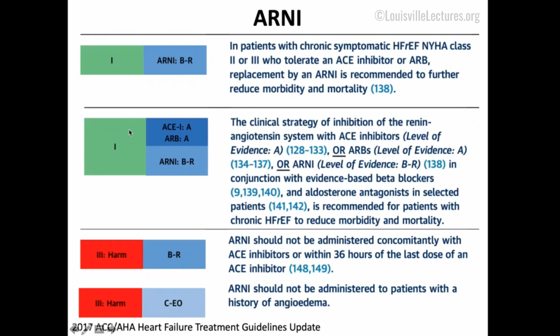The next recommendation, which again gets a class 1 level of evidence, A for ACEs and B for ARNI, is that they should be on at least something to inhibit the renin-angiotensin system. ACE inhibitors or ARBs or the ARNI. This is in conjunction with beta blockers, aldosterone antagonists in select patients. So this statement tells you all the things you should be treating your patients with. But based upon this guideline, we really prefer to have everyone switched over to an ARNI as opposed to just keeping them on their ACE or ARB. If they cannot afford the ARNI or cannot tolerate it, ACEs or ARBs are also appropriate therapy.